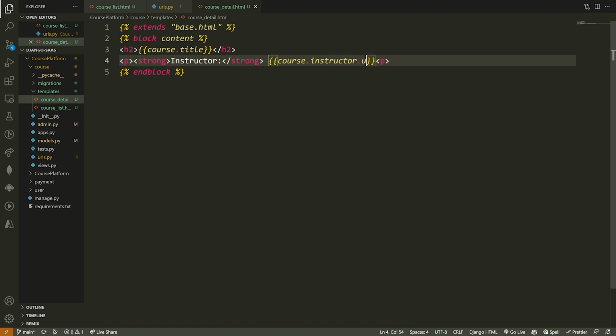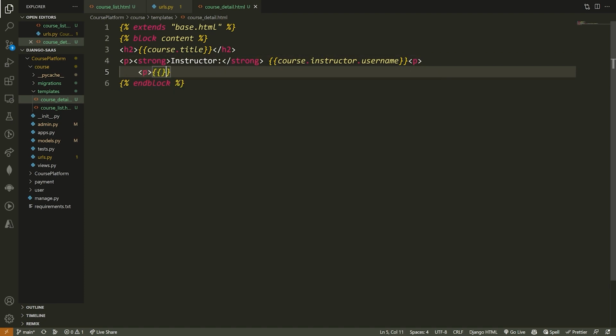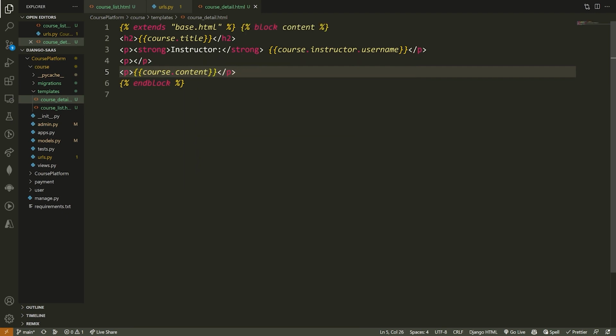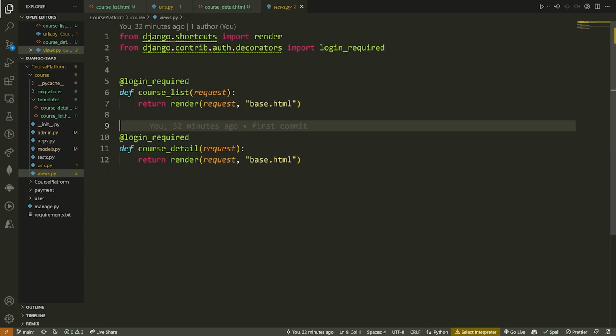Okay, dot username, like that. And then we'll put the course content in a paragraph tag. So we'll say course.content. If you want, you can put created at, updated at, all that kind of stuff. But this is simply what we need for now, just so we have some page that displays information about the course. Now we're going to go to views, and we're going to write these two views for viewing the course